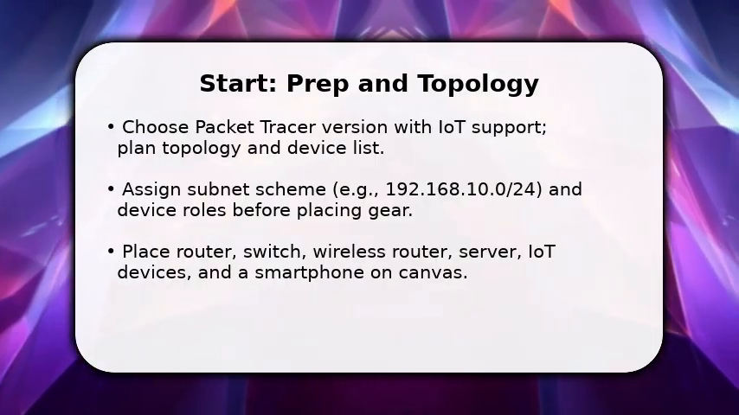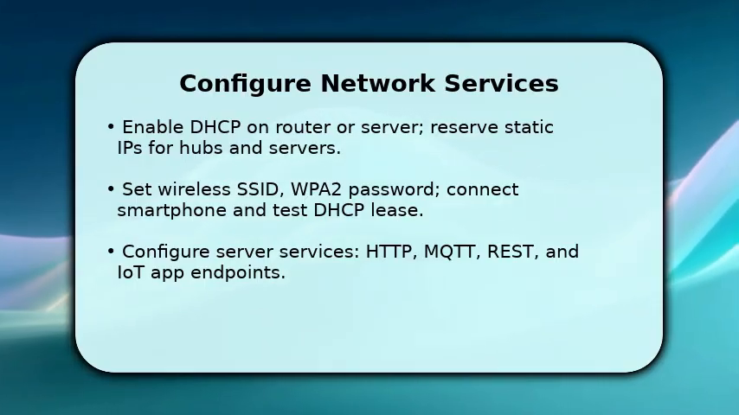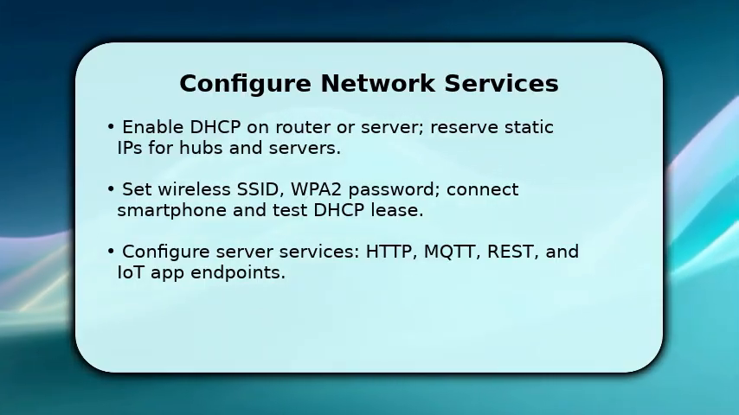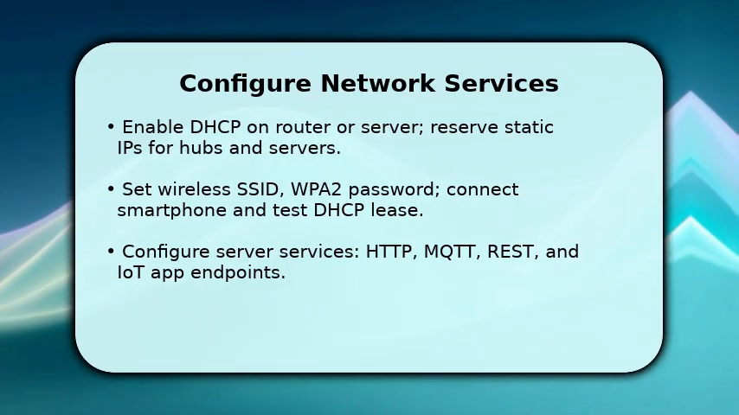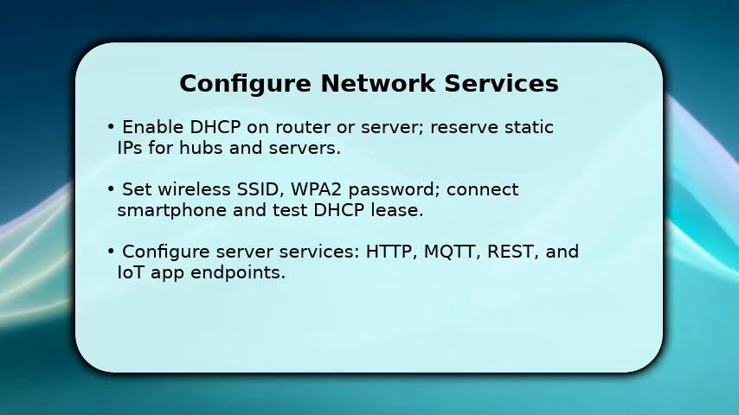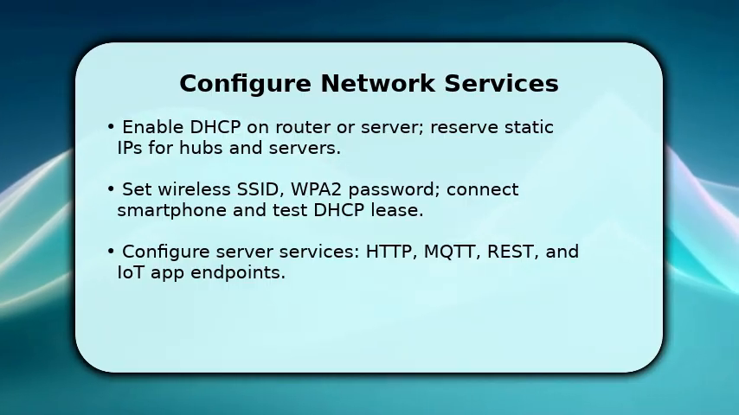Next, you configure the core services that make a smart home functional. First, enable DHCP on the router or dedicated server, reserving static IPs for cameras and the server so automation rules stay stable. Then, set the wireless SSID and WPA2 passphrase on the access point and connect the smartphone to verify